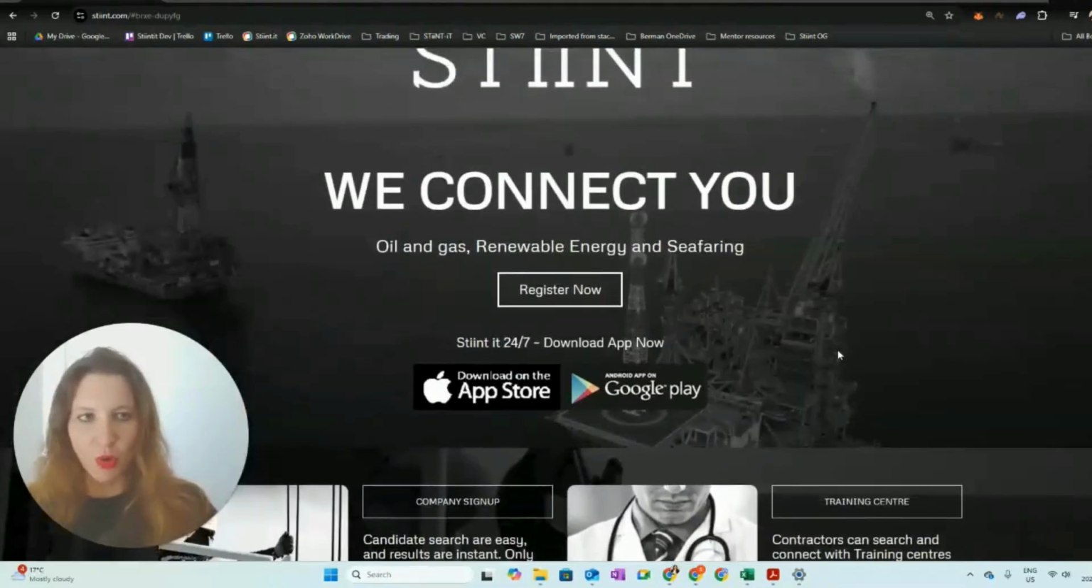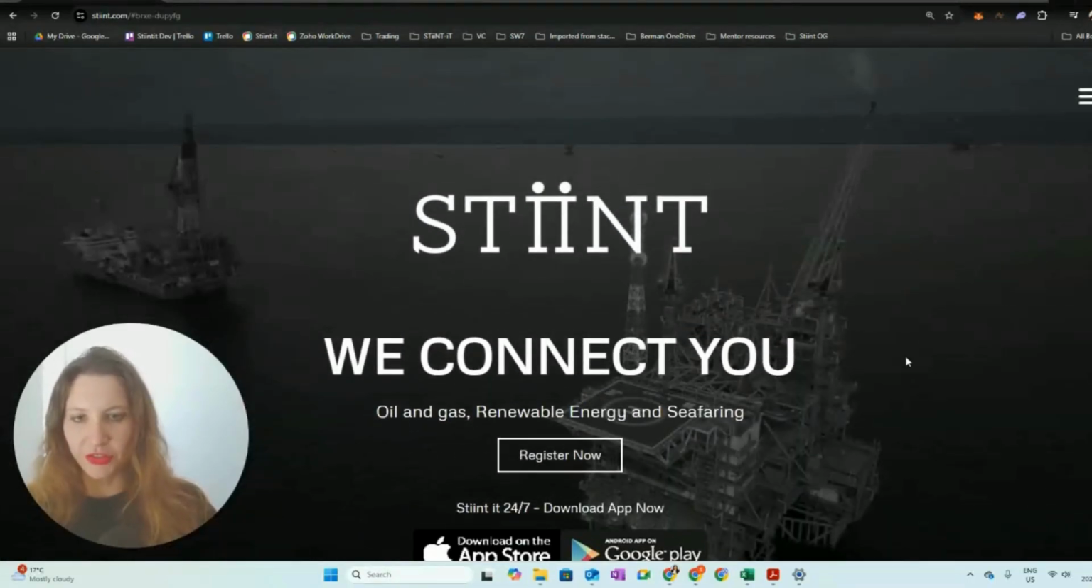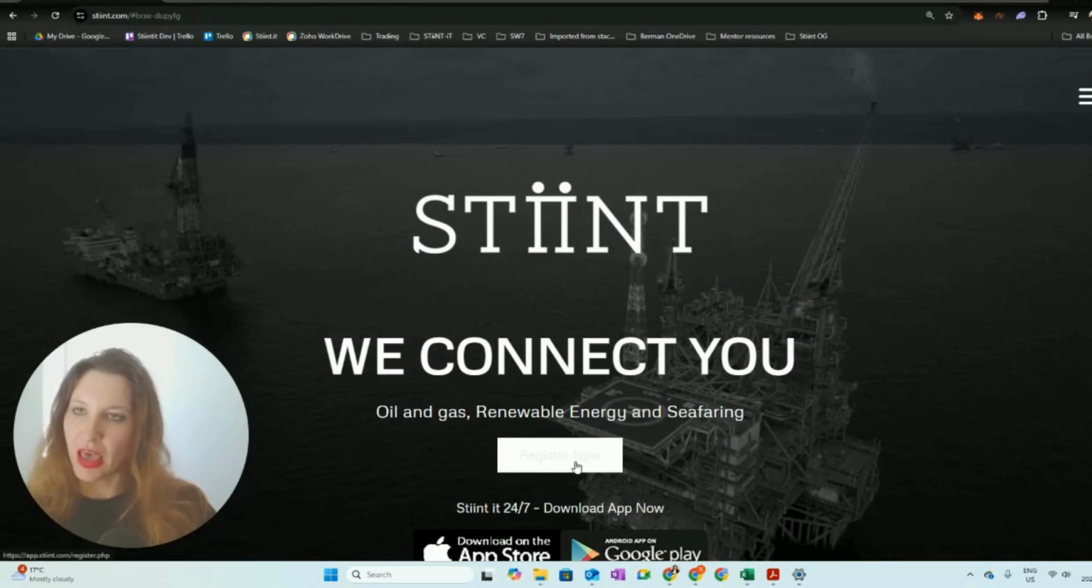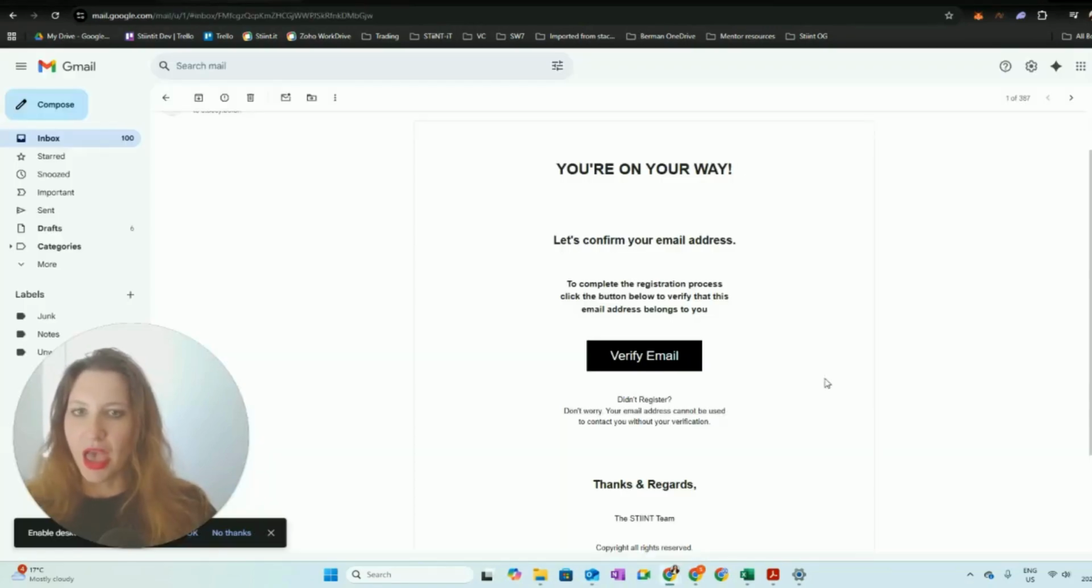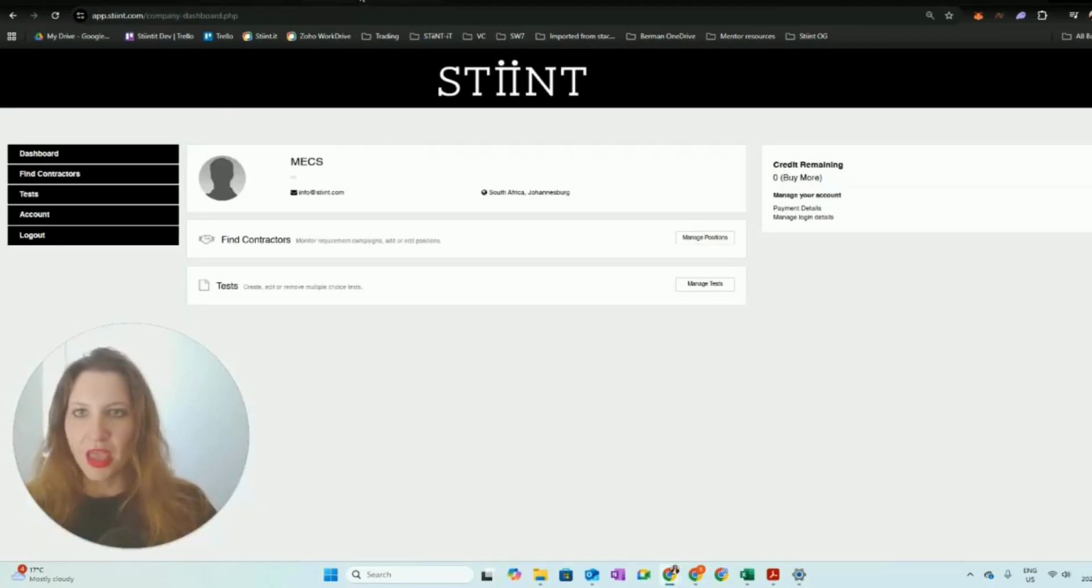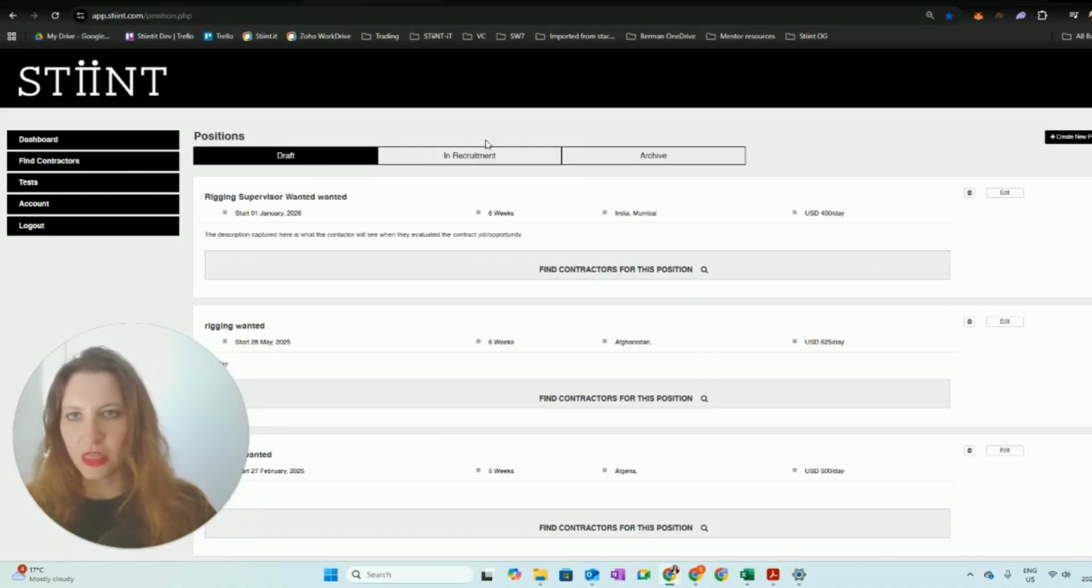So essentially, for the purposes of this demonstration, I've already gone ahead and registered a profile and verified that profile through two-factor authentication. And that will lead me onto the landing page of the STiiNT platform. You're able to do a number of things on this page, but today we're going to focus specifically on finding a contractor. So what we do is we go ahead and we click Manage Position, and you'll see three different